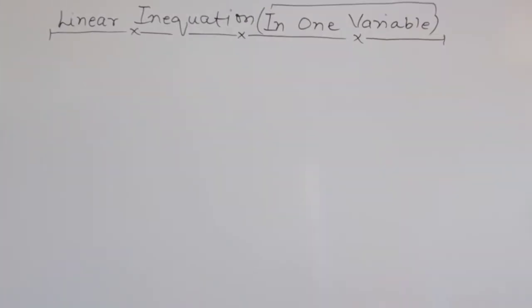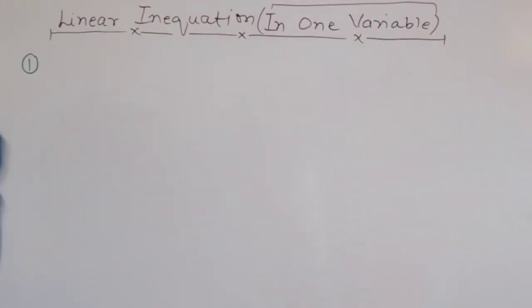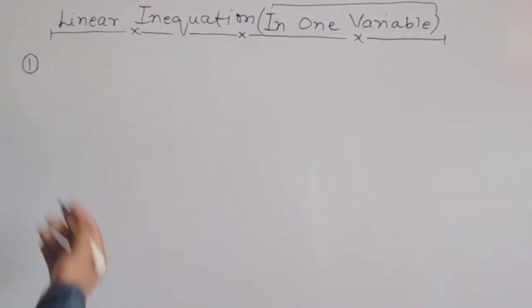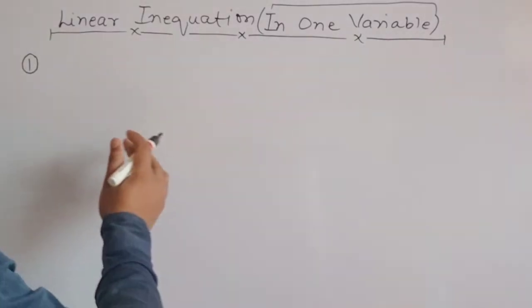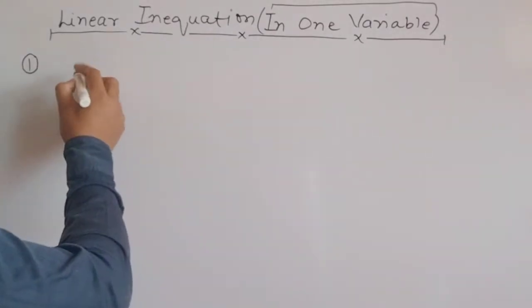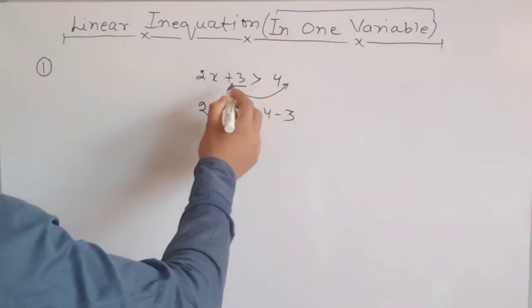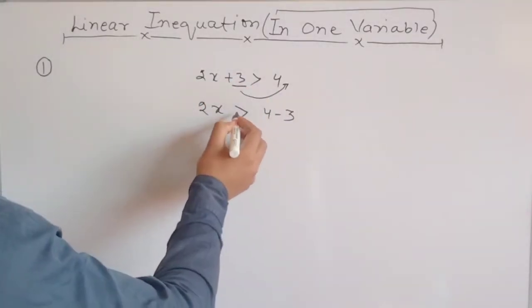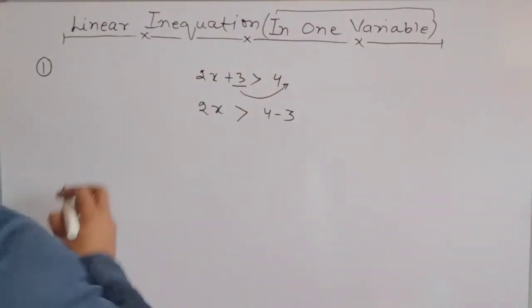So now we are going to discuss rules on how to solve any inequation. Rules are very important to solve any inequation. We must know about the rules. So the first rule is, if we transfer any positive number from one side to another side of any inequation, the sign of inequality will not change, meaning it will remain the same. For example, in 2x plus 3 greater than 4, if we move any positive number from one side to another, the sign of inequality will remain the same. Okay, this is the first rule.